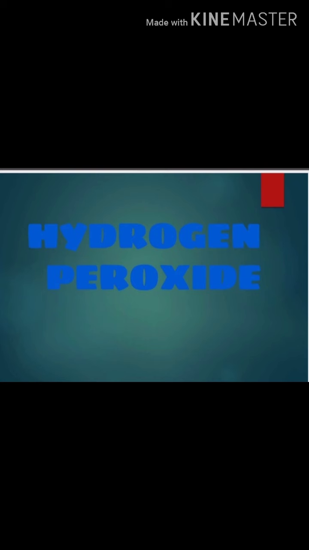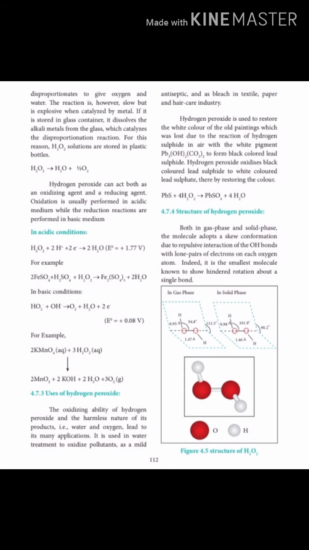Uses of hydrogen peroxide. The oxidizing ability of hydrogen peroxide and the harmless nature of its products, for example water and oxygen, led to its many applications. It is used in water treatment to oxidize pollutants, as a mild antiseptic, and as a bleach in the textile, paper and hair care industries, etc. Hydrogen peroxide is used to restore the white color of old paintings, which was lost due to